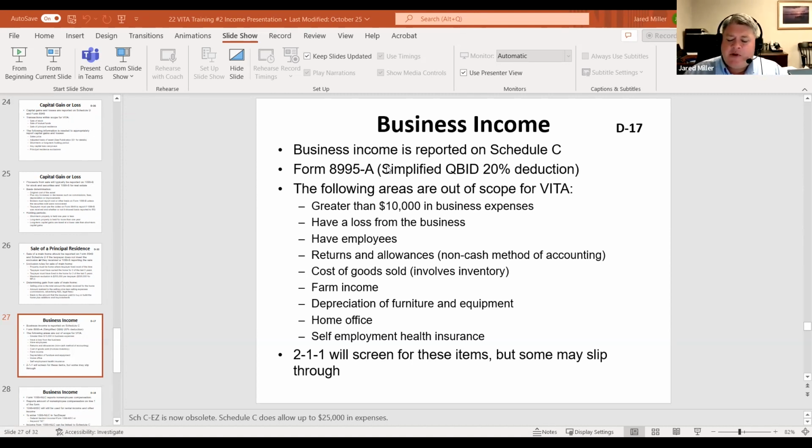Very basic example. Let's just assume that a taxpayer has $10,000 of earnings from self-employment. They're going to go through the calculation. The Form 8995 is automatically going to do that for the taxpayer. If it's 20%, they may end up with a $2,000 tax deduction. So it's kind of a way in which they're encouraging people to be in business.